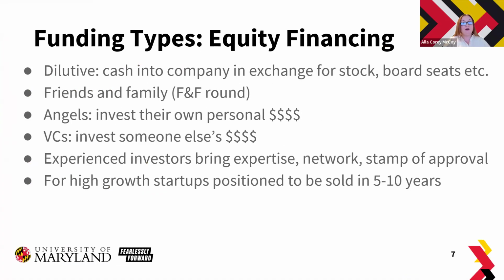They come with ability to open doors, to introduce you to customers, to introduce you to potential other investors, and so on and so forth. Next usually come venture capitalists. So big difference between angels and VCs. VCs invest someone else's money. Therefore, they are more risk averse, and therefore they invest in a later stage company when there's a bit more de-risking has been done. And they also invest a larger amount of money. They typically take a board seat and take more active role in the company as well.